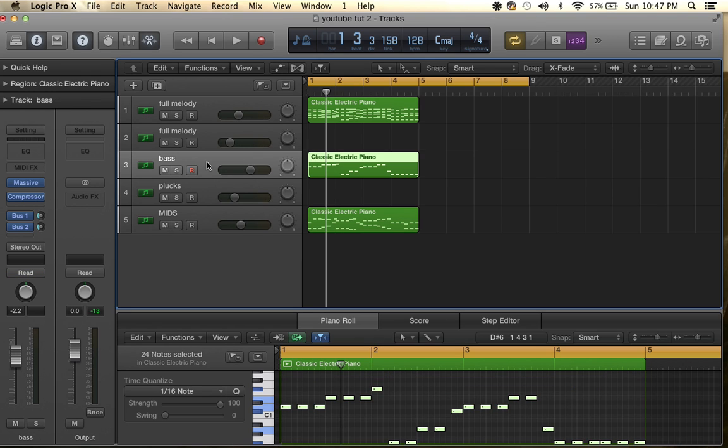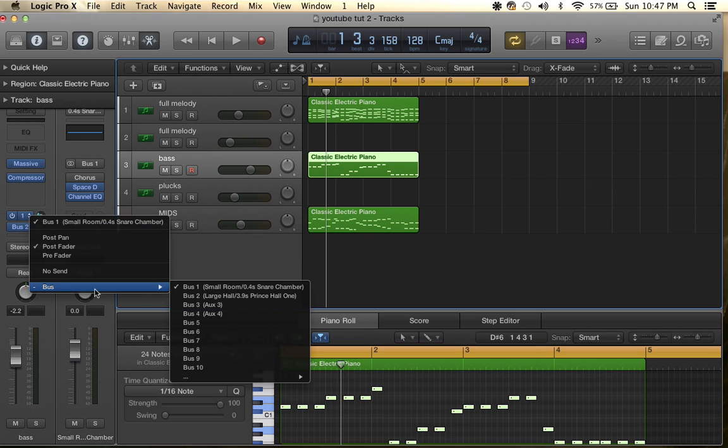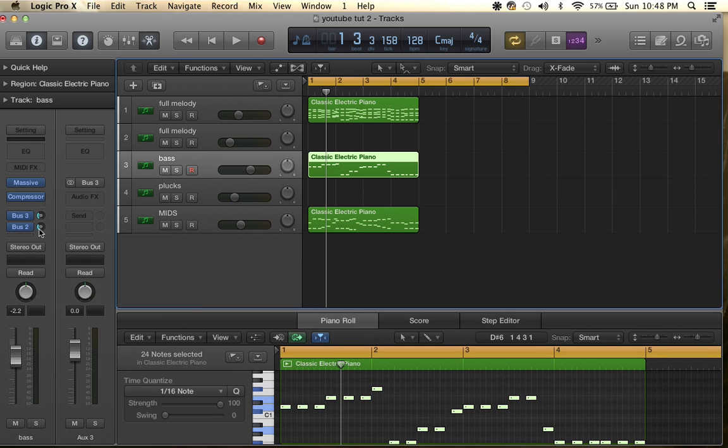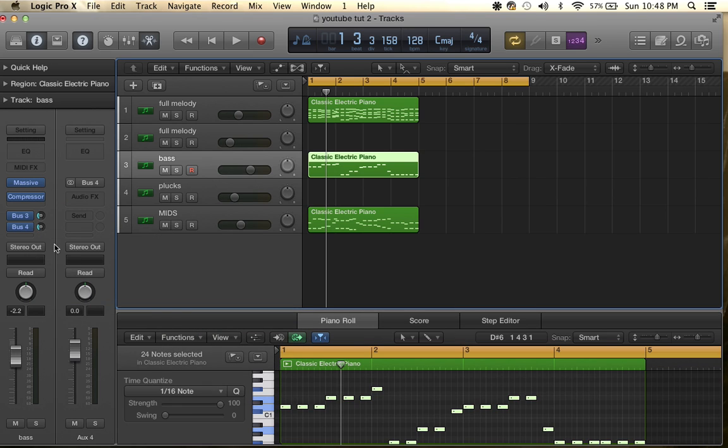And before I open the compressors, I'm going to go over to these. I'm going to go to the bass track, and I'm going to go to bus 1 down here. And then I'm going to add bus 3. And then where it says bus 2, I'm going to add bus 4. And this is so important. And then you bring this dial up to 0. And then you bring this dial up to 0. Now your bass will be a little loud. Hold on.